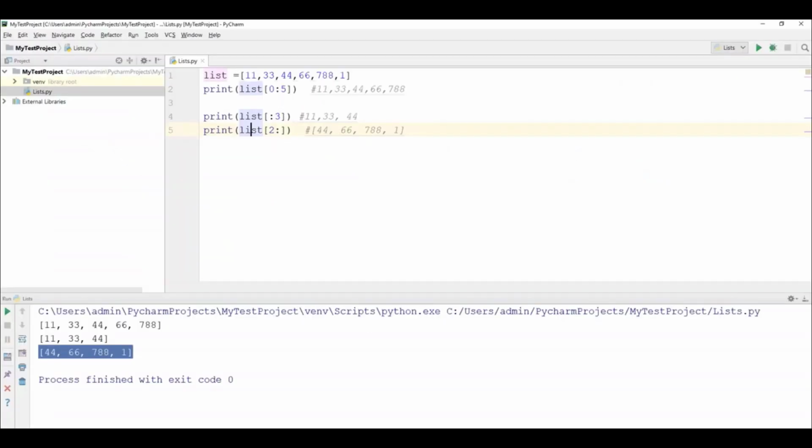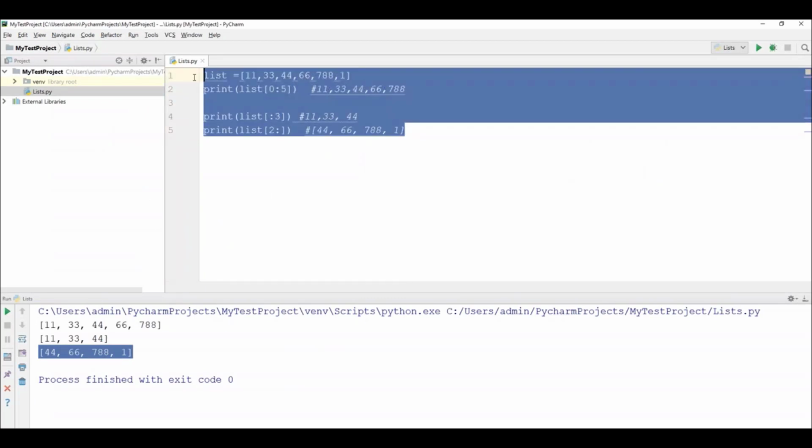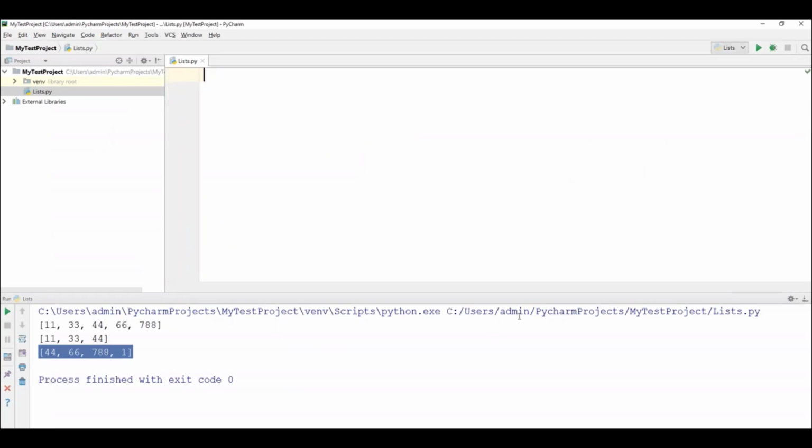Now let's go to PyCharm once again. So here, what I can do is I will specify some list items. Let's say list 1 is equal to, I will assign some values to this list. Let's say 11 and 33. Okay, this is list 1. And I will create one more list variable. Let's say list 2. In this list, I will assign a few numbers. Let's say 1, 9.